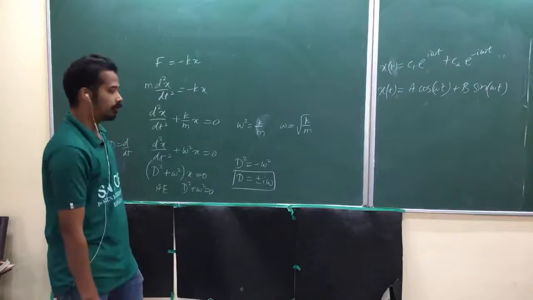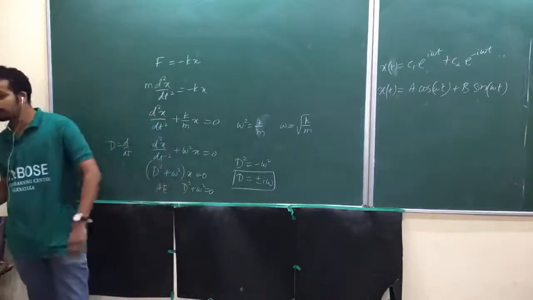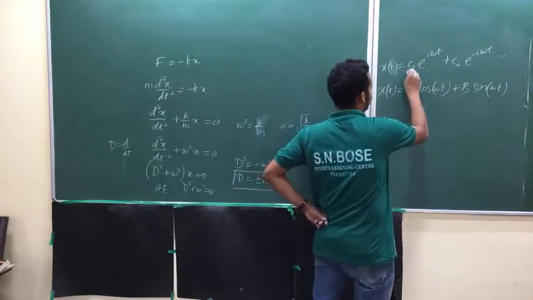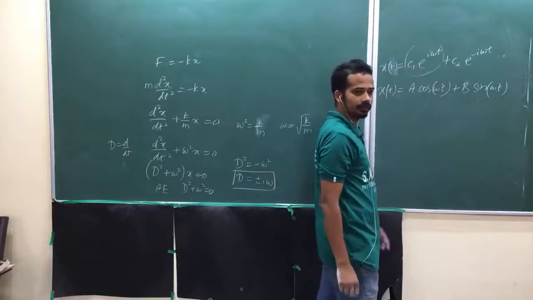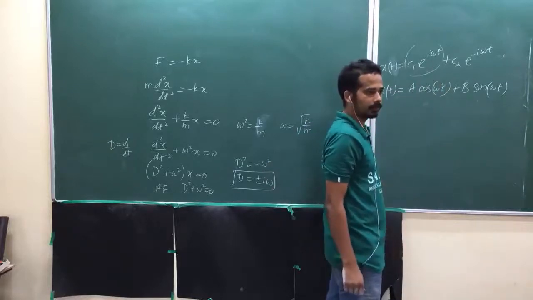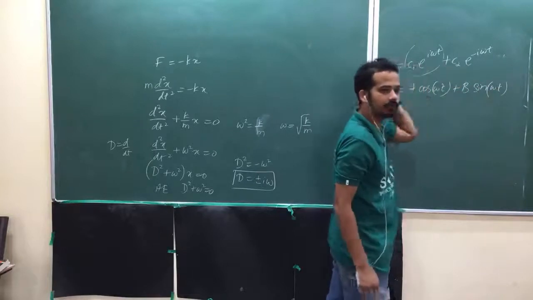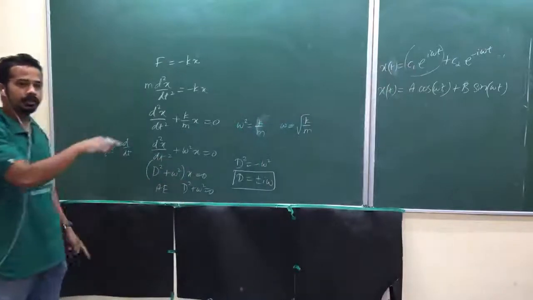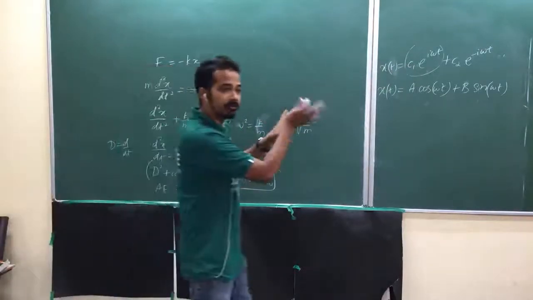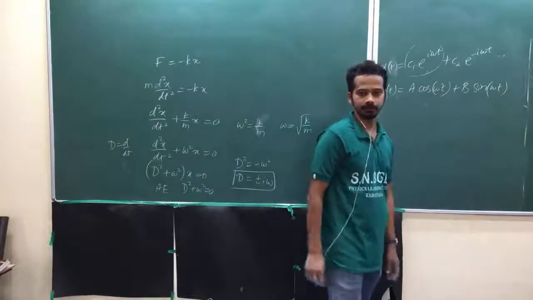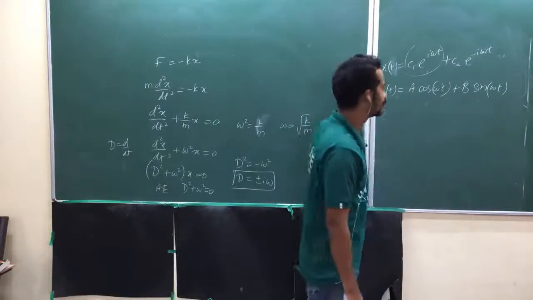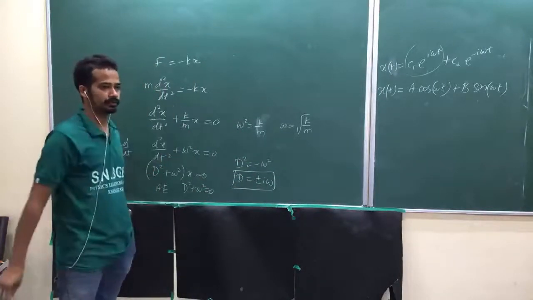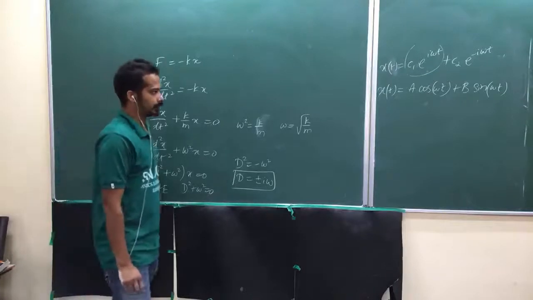Now look here, one of the very important properties of this linear differential equation. What did I say earlier, am I right? If this is also individually a solution, this is the most general solution, remember. This individually is also a solution, you can substitute and check it out. Cos ωt individually is a solution. Sin ωt individually is a solution. So a linear combination is also a solution. That's a property. Is that okay? That's the property of all linear differential equations. If you have two independent solutions, the linear combination is also a solution. Is that okay? Now look here.